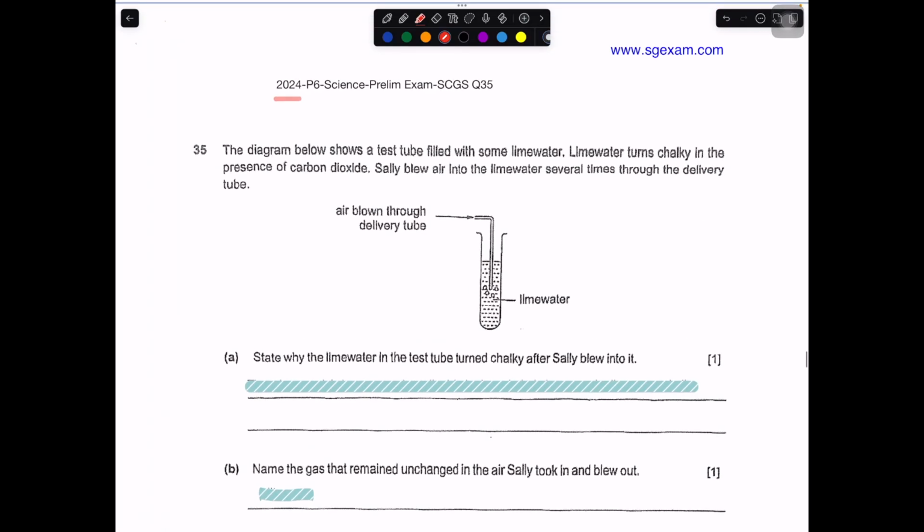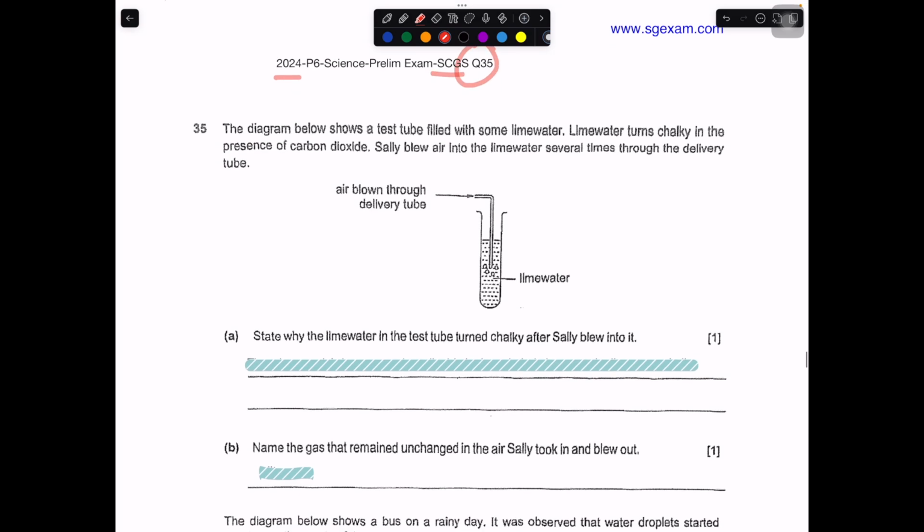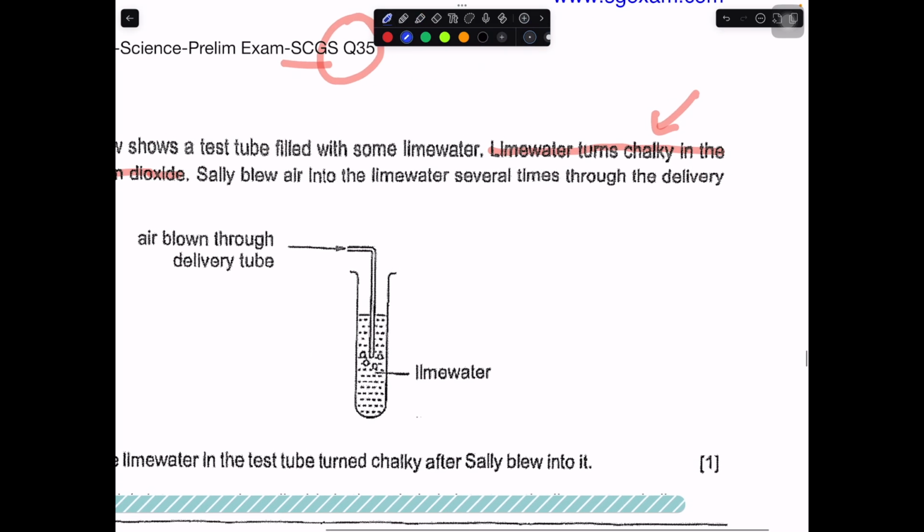So today I'll be going through 2024 PSLE Science Prelim Singapore Chinese Girls School question number 35. The diagram below shows a test tube filled with some lime water. So lime water turns chalky in the presence of carbon dioxide. This statement is very important. This actually tells you a color